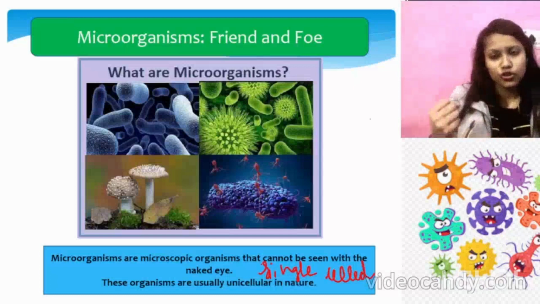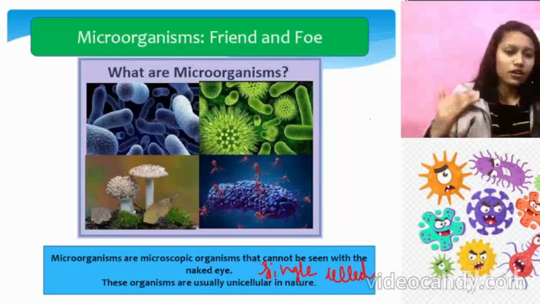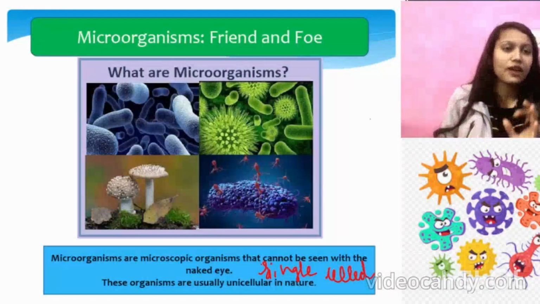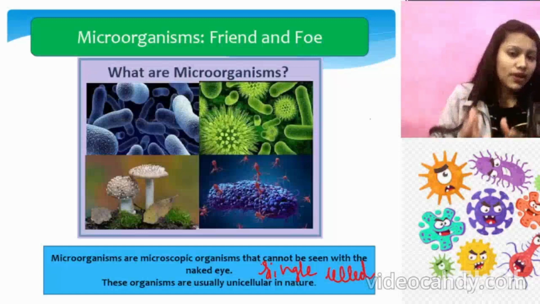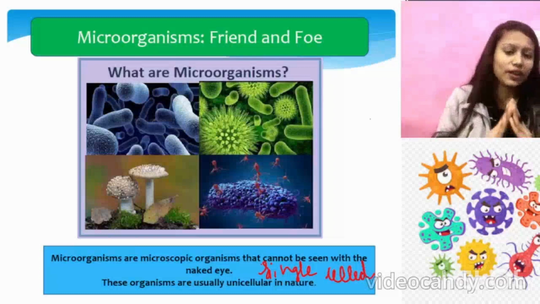Organs are made up of tissues, which are made up of many cells, and it's not just one kind of cell in our whole body, but there are multiple types of cells. But these are microscopic organisms. These microscopic organisms are primitive in nature, and many of them are generally found to be unicellular,